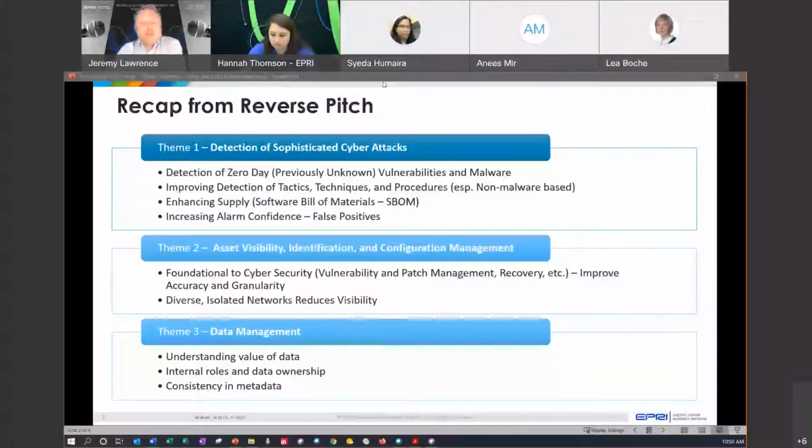Yeah, thanks, Leah. I think that's a great point. We also have a lot of discussions around the data management side and the classification of information. I think there's some parallels there with how we look at OT cybersecurity. A lot of times we'll start and say, what's the risk? So what's the potential impact of either that device being compromised or that data stolen, altered, lost, and really understanding what that consequence is. And I think that's a really important point to consider from a data management perspective, is how you classify